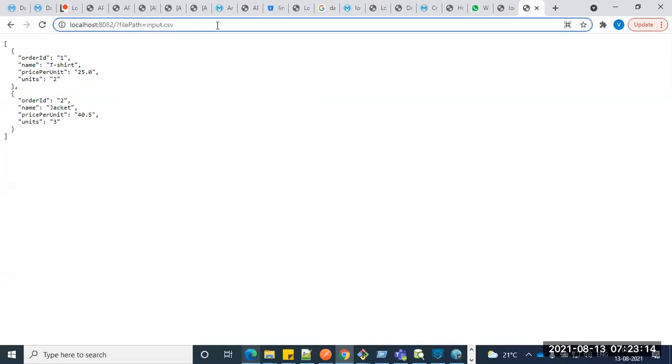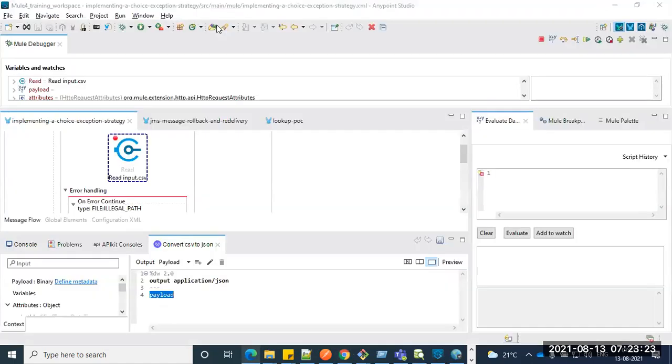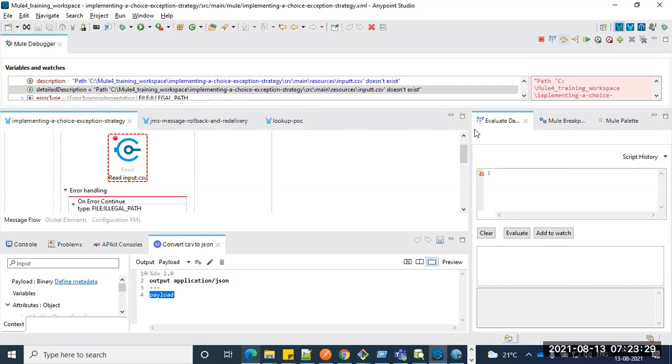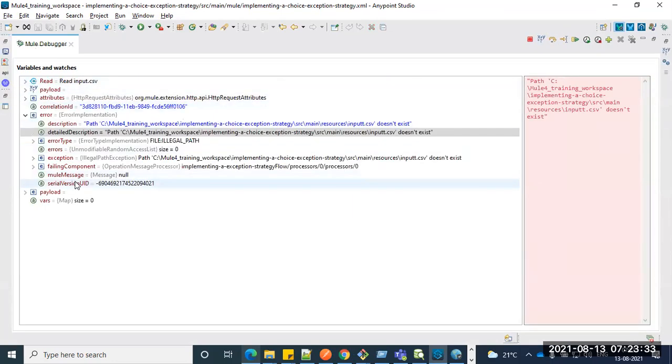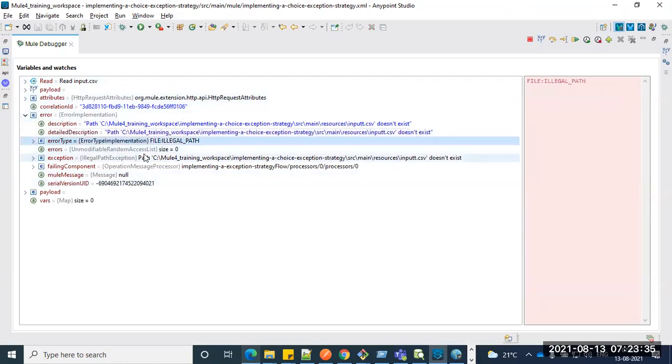Let's try to pass some wrong input intentionally. I'm just putting an extra T in the input. See, I'm requesting. Okay, I got a request now. Let's click next step. I got an error. You can see it clearly highlights that particular component. Observe the error type, guys: illegal path.